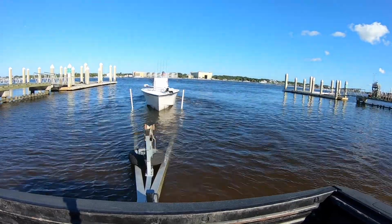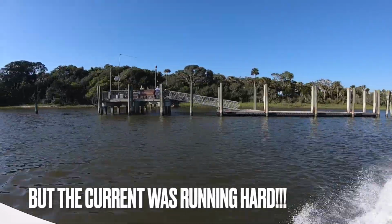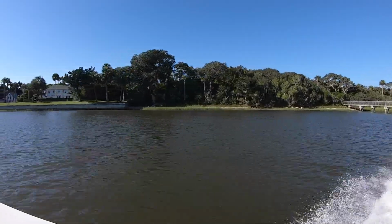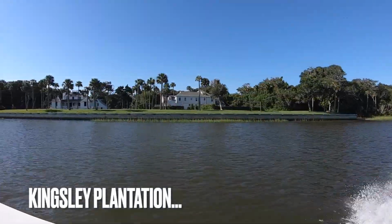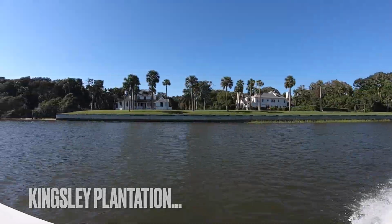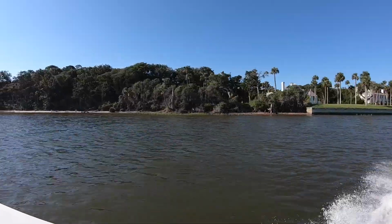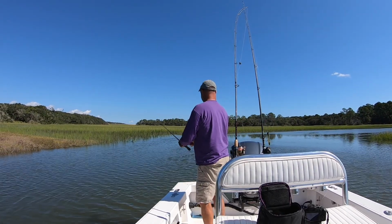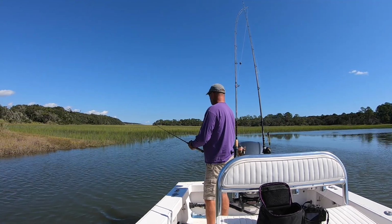Hit the Mayport boat ramp. Water was beautiful. We ran to the north, to the south, to the east, and to the west, and just could not find that bite. We fished docks and rocks and even went up in a creek that I guaranteed fish and still couldn't find the fish. But eventually we made it out to the jetties, caught one ladyfish,